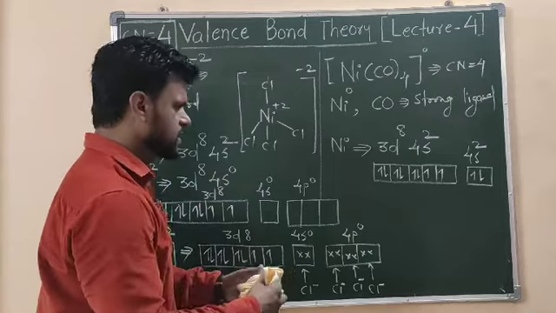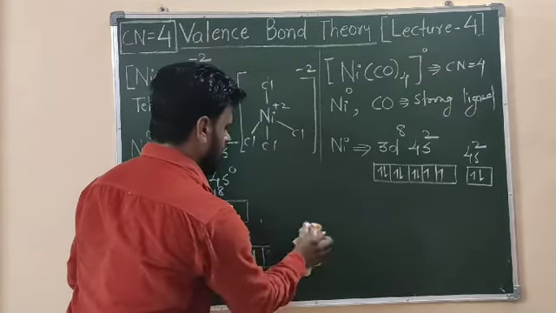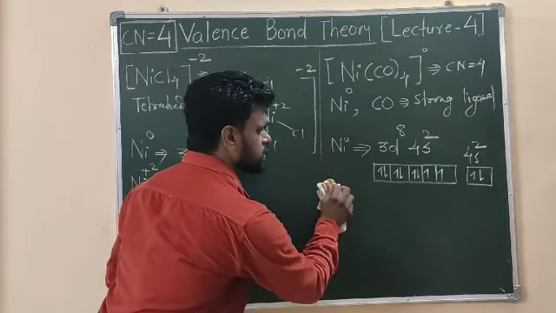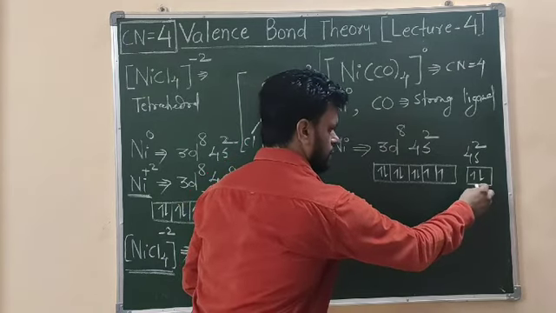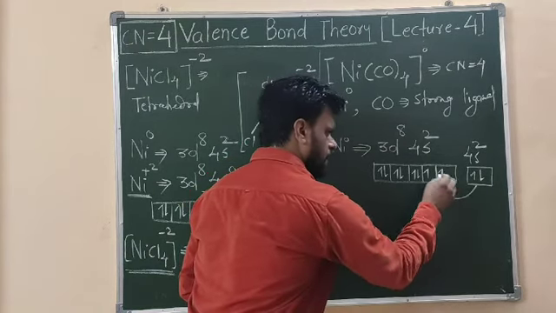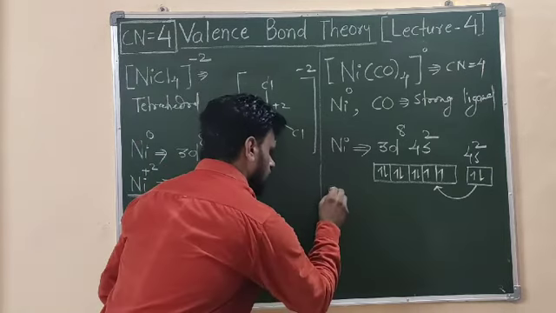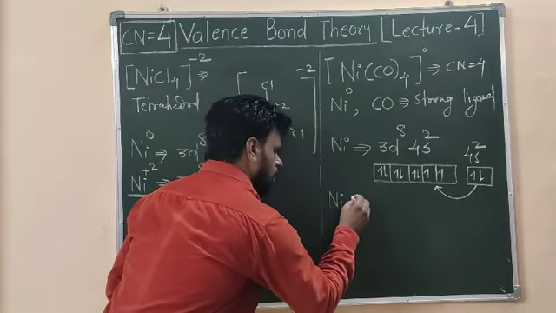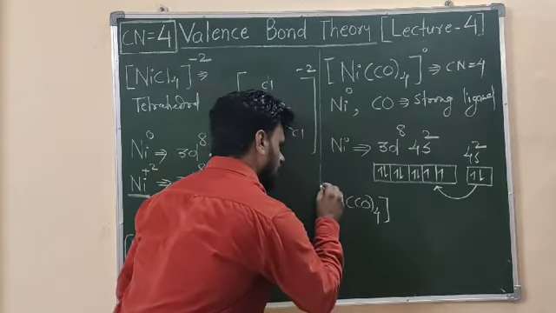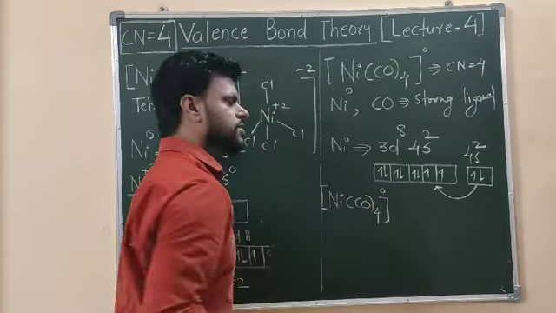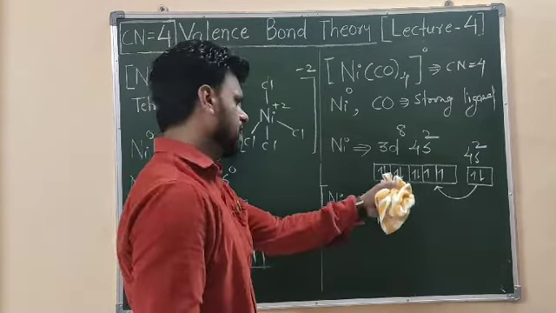Now what happened in this case? Since CO is a strong field ligand, the electron from the s orbital will undergo pairing in the d orbital, and hence if I now write down the electronic configuration of my complex, I'll have a different electronic arrangement. I have charge 0. As I told you, the electrons will start pairing up.